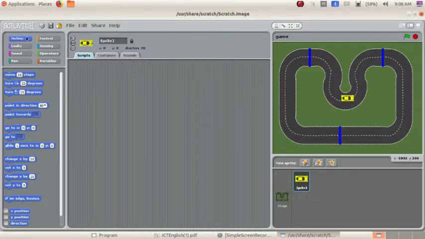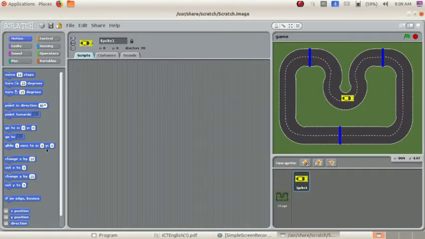Here you can see motion, control, looks, sensing, sound, operators, pen and variables. First of all, motion. This is the motion option, used to move the sprites on the Scratch stage in different ways.